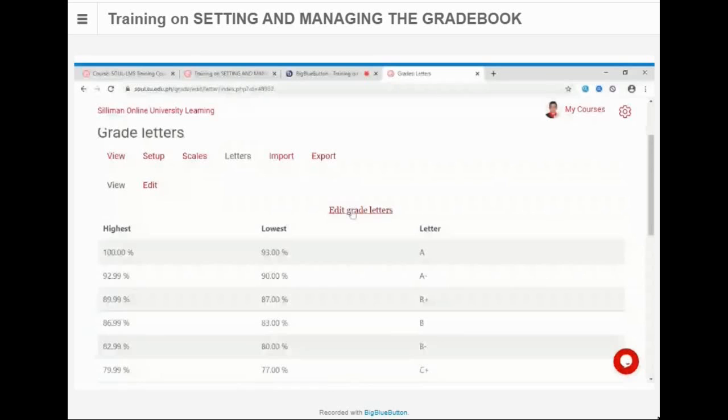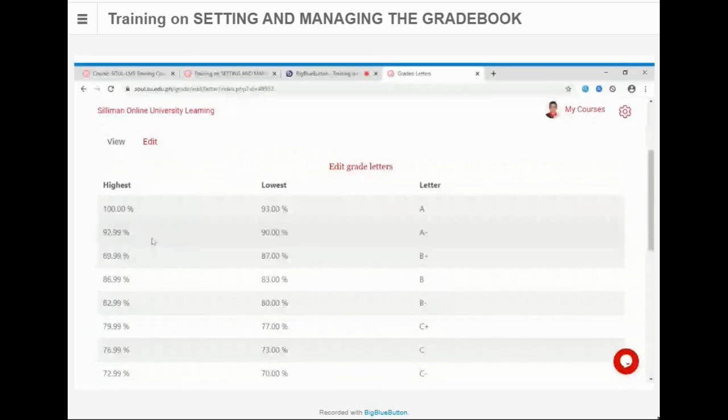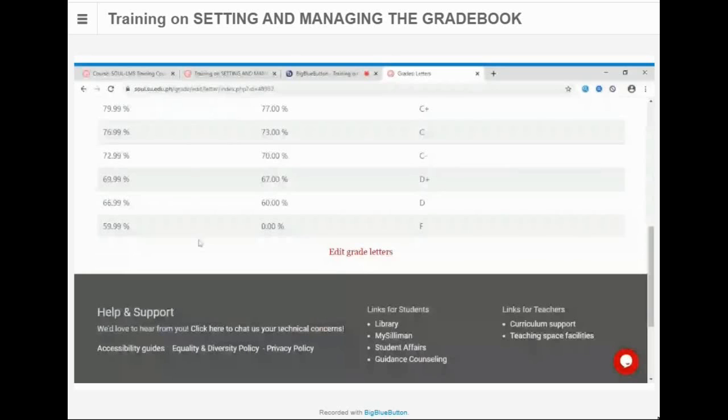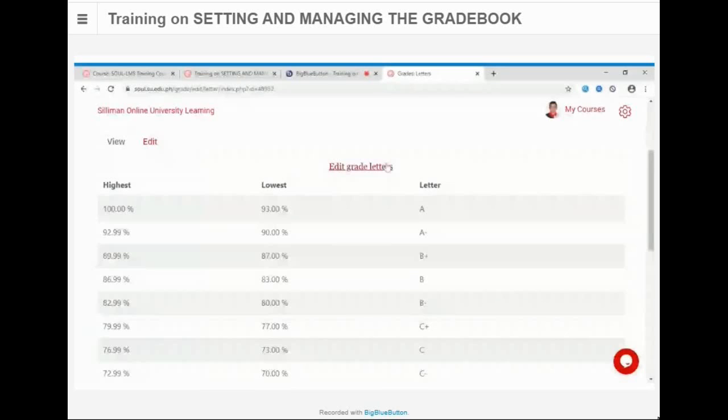By default, it already has 14 conditions. For example, if I click this edit button and edit the letters,